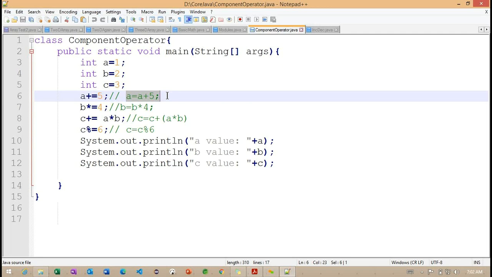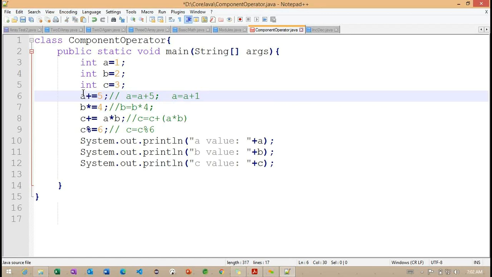Whatever the final result is, we assign it back into the same variable. We already identified this in the previous example, when we discussed loops: a is equal to a plus 1. So a equals a plus 1, we implemented here.